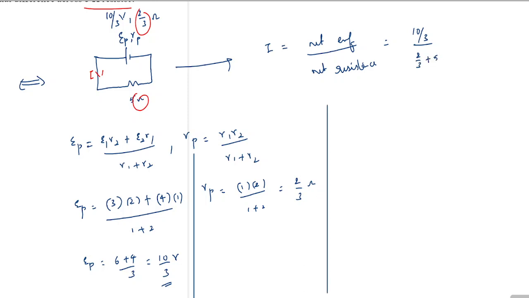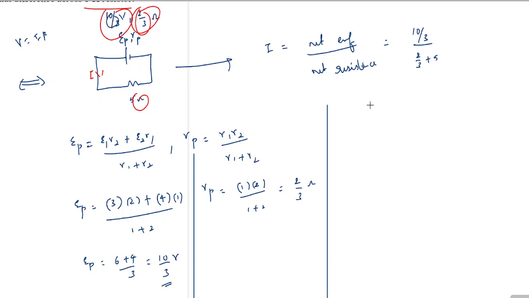Let us find this I. We want this I because the voltage drop across the component or across the resistor is given as I into R. If you know what is I, then you can find the voltage drop across this. Keep in mind that the voltage drop is not 10 by 3. It would have been 10 by 3 if this was not there. But since this battery has an internal resistance, the voltage or EMF will not be the same as the voltage drop